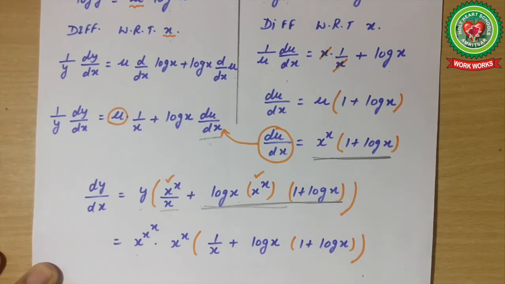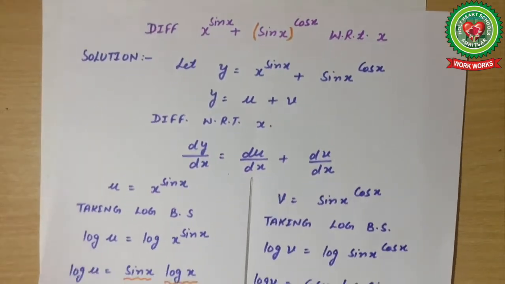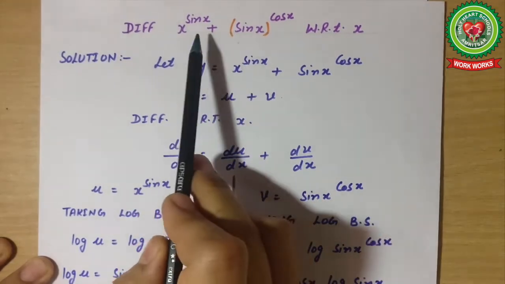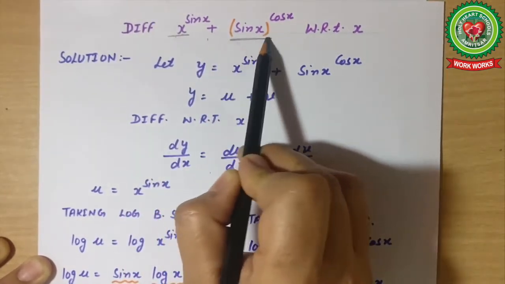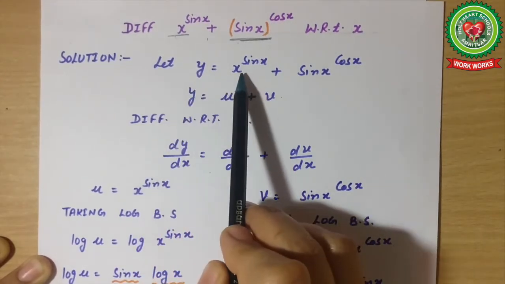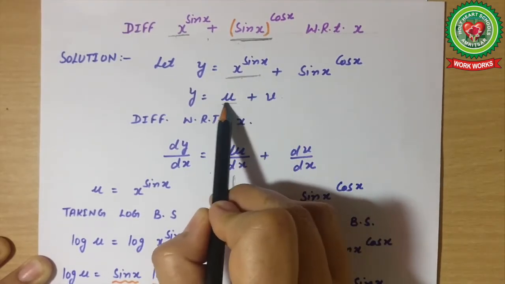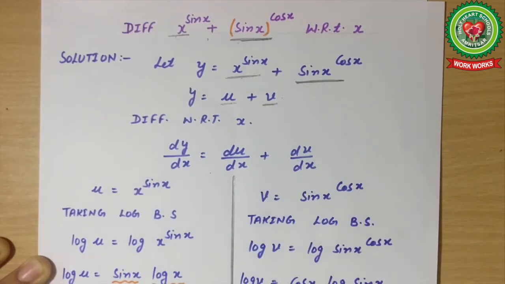Now, I am taking one more example in which the statement is in the binomial form. Now, keep it in your mind, whenever we are taking the log for binomial term or for the trinomial term. Binomial term, when two functions are having positive sign, negative sign in between them. Now, one term and the another term. First of all, we will take let y is equal to the given statement. Now, first statement we will consider as one variable u. Second statement we will consider as a second variable, let it be v. You can take t, whatever you want to take.